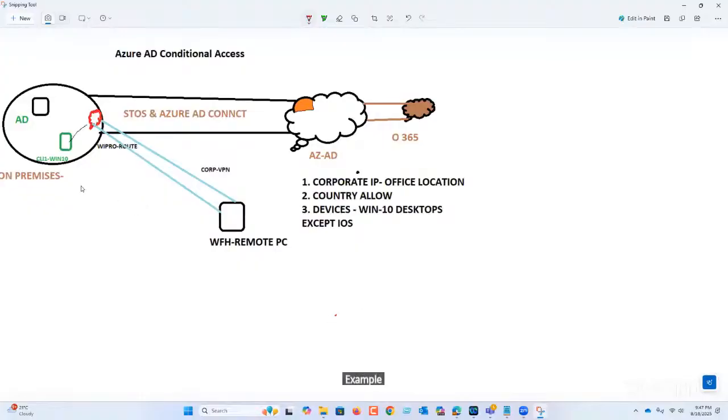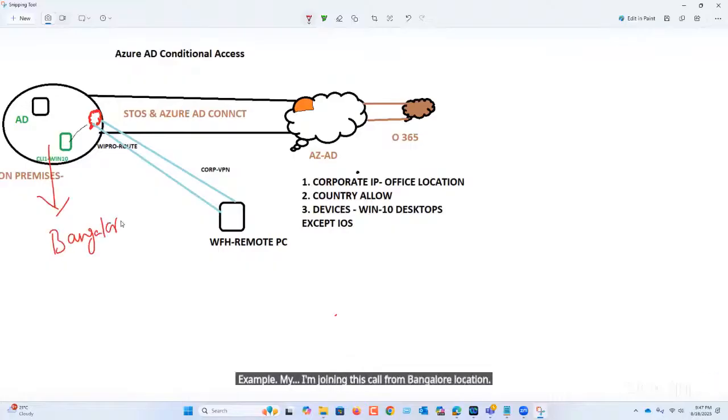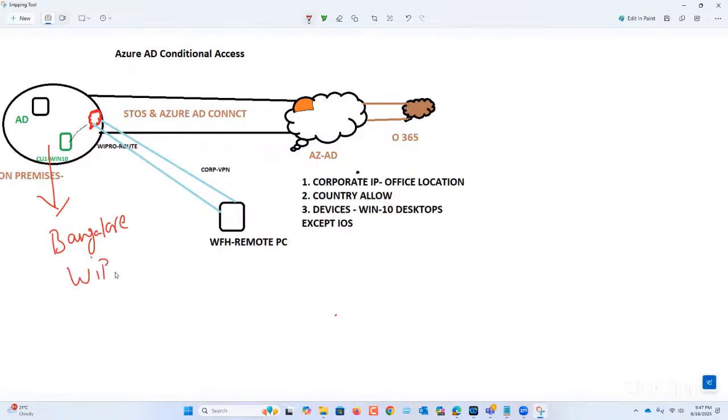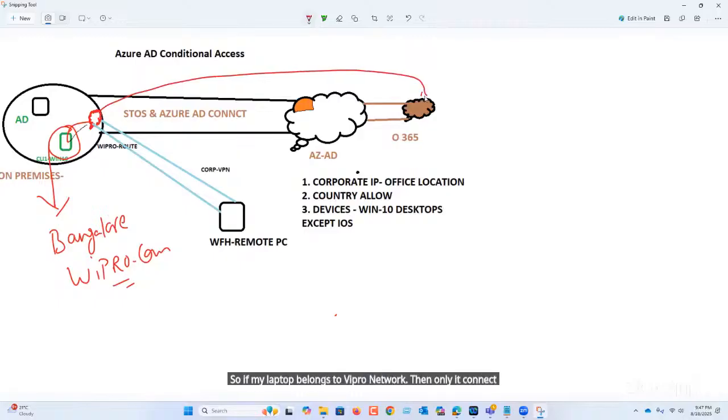Example, I'm joining this call from Bangalore location, and my company name is Wipro.com. So if my laptop belongs to Wipro network, then only it connects. I have given an IP condition called office location.